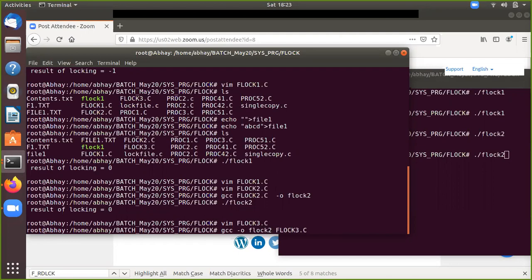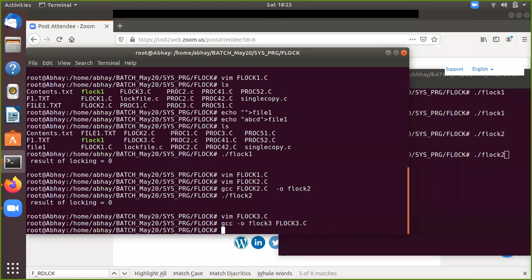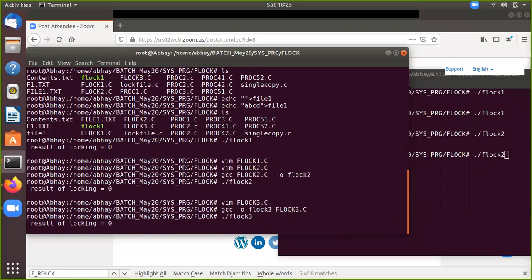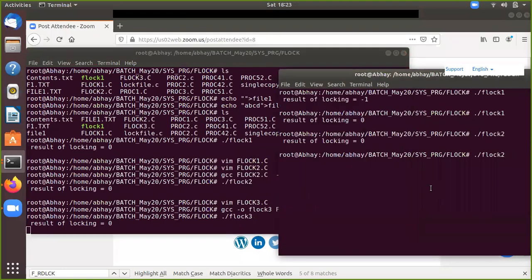flog3. Now I'm going to run this flog3. See, this has returned -1, right? Why has it returned -1?